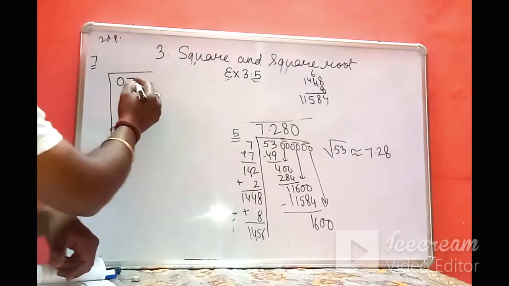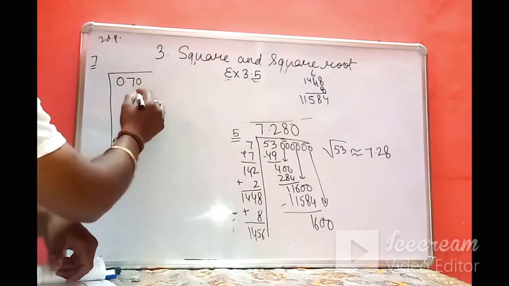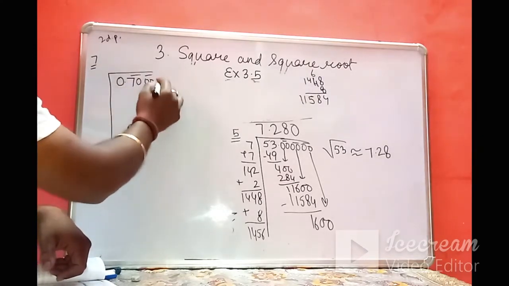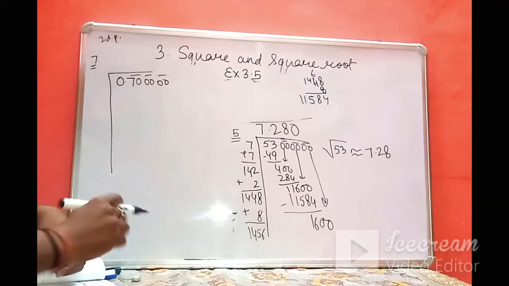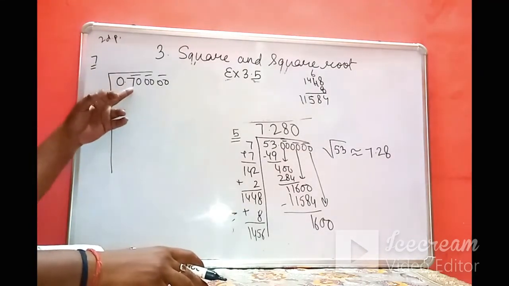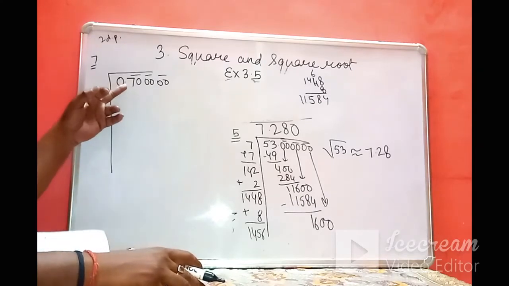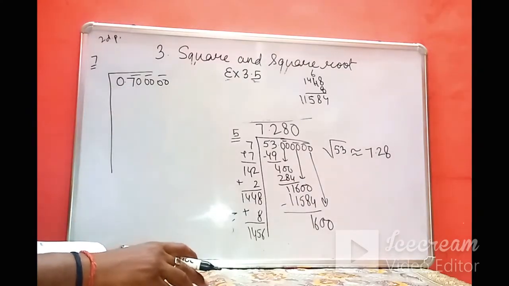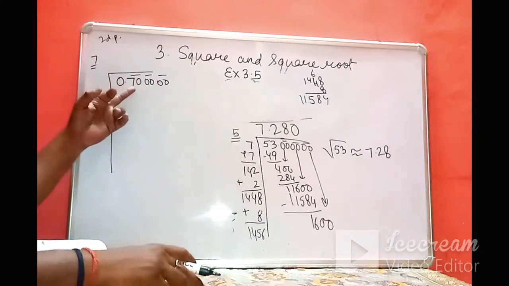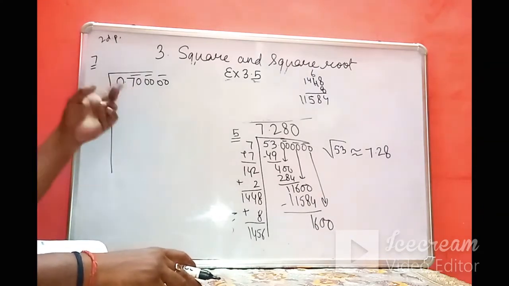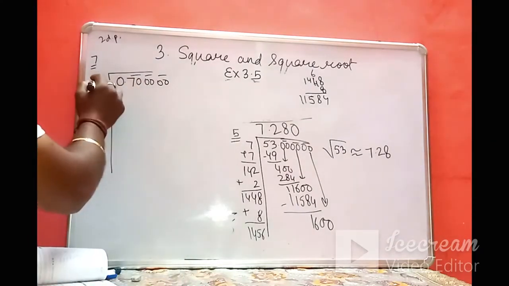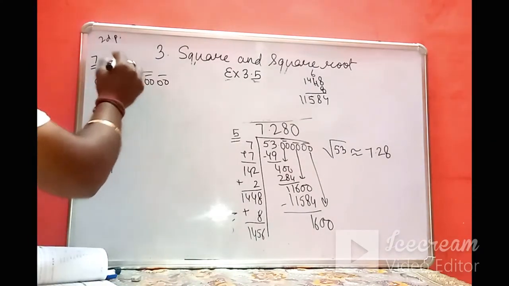And how to make the 3 pairs? One pair, then another pair, then another pair. Do not add 6 zeros at the end, because we want 6 decimal places after 0. So 1 is already there, then I have put the 2 zeros. So I have made the 3 pairs. Now I will get the answer. So it starts from the decimal.